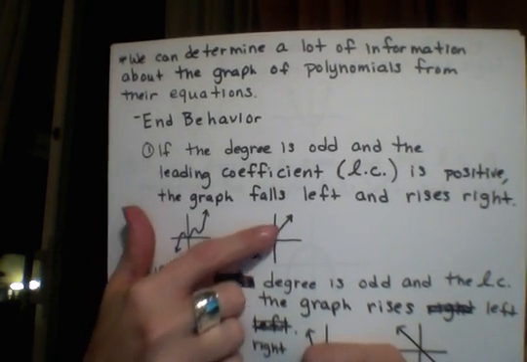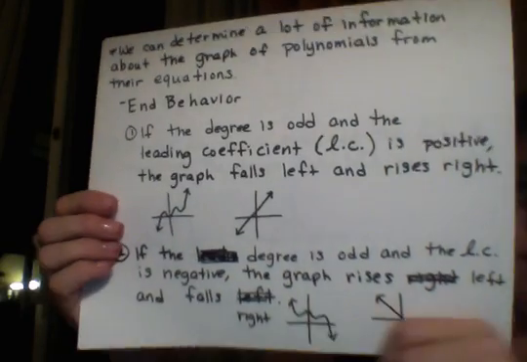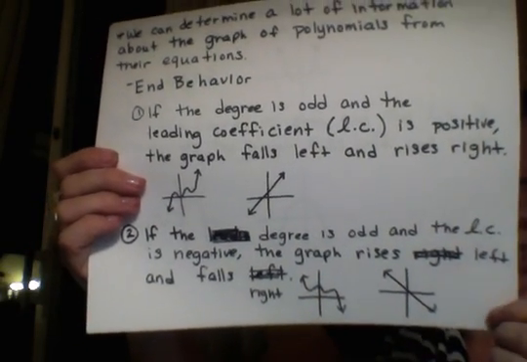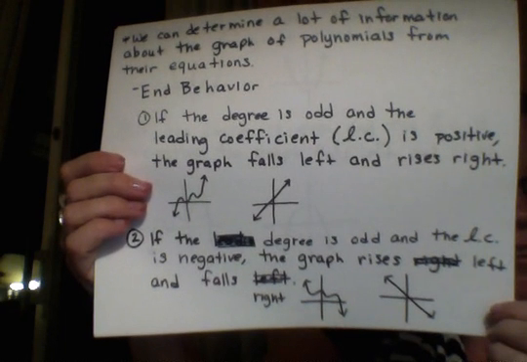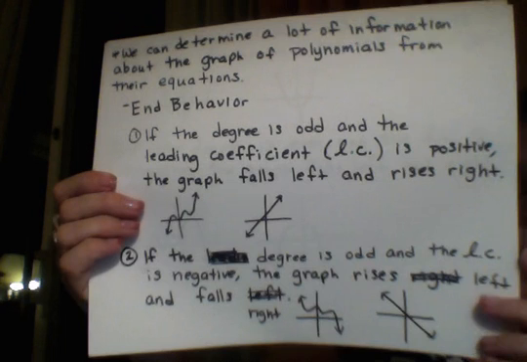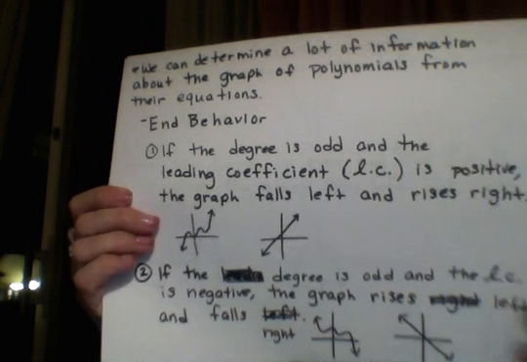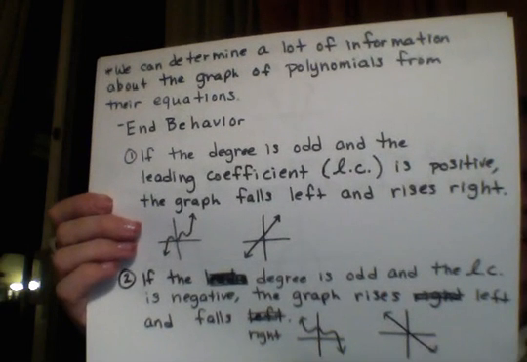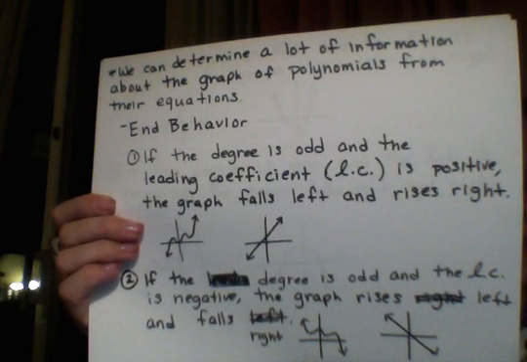Next, if the degree is odd and the leading coefficient is negative, then the graph rises left and falls right. So it's just the opposite of that. So one of the ways to remember this is that odd degreed functions do opposite things on their ends. Okay. When we get to the next page,